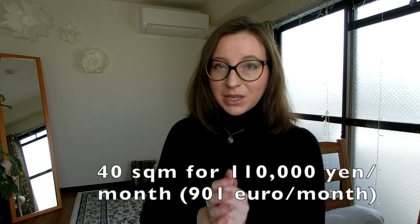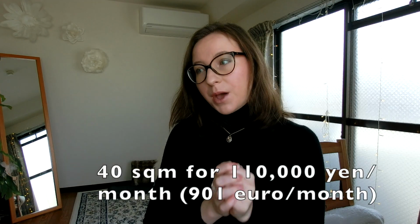A few reminders. I am a PhD student right now at Waseda University, but when I got this place I was working. But basically, where I live, the size of the apartment is quite big. This is 40 square meters and I pay about